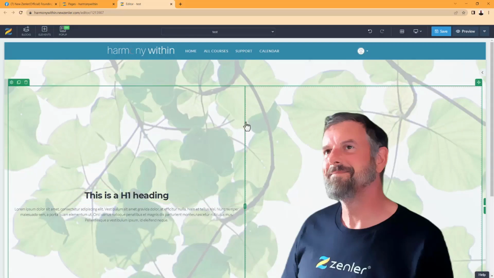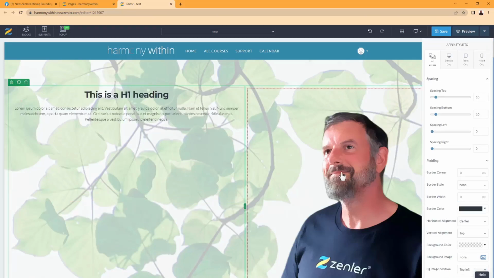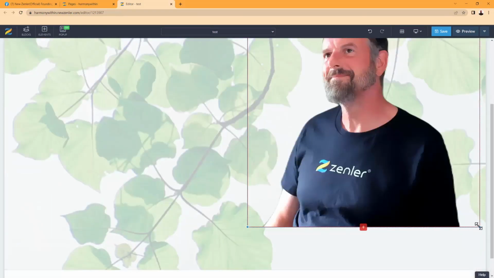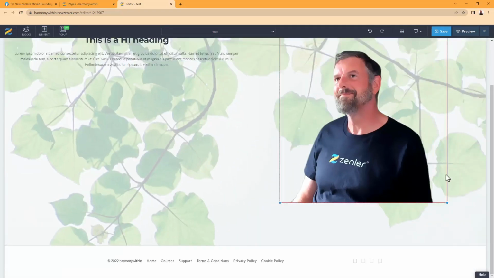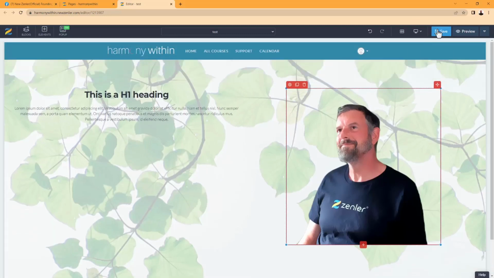Also, I want everything to be aligned at the top, so if I select this box, I can come down to the vertical alignment, go top, and it will jump all to the top. I can also take my image, which is oversized, and reduce it down in size like this, so I've got something like that. Okay, so now if I save that and we preview it, you're now going to see